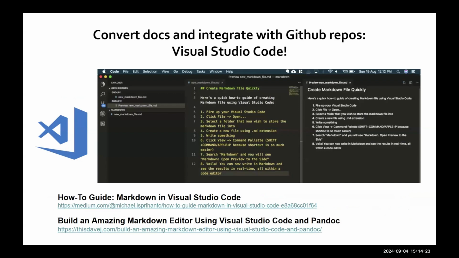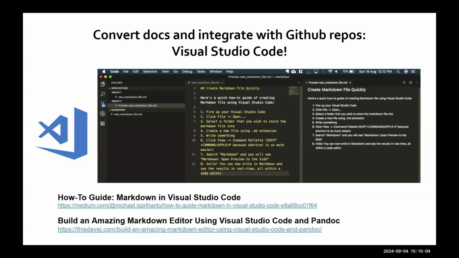Now, there are other tools you can use to integrate with your GitHub repo. If you're interested in using code, or if you're writing a lot of code and you want to integrate your Markdown file with something in C++, you can do that using Visual Studio. So I don't know if people have taken 205 in this class, if you've taken a programming course. Well, usually they'll use Visual Studio Code as like a compiler, text editor, or a code editor. And this is something that you can use on your local machine, but you can integrate this with GitHub. So you can integrate those in your GitHub repo.